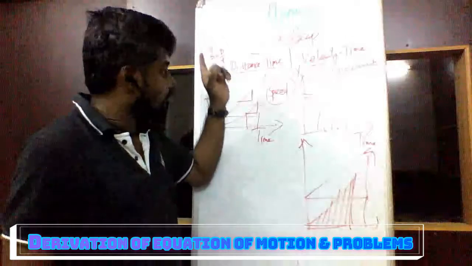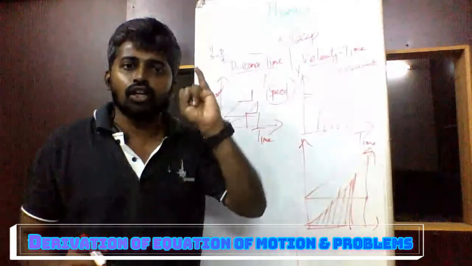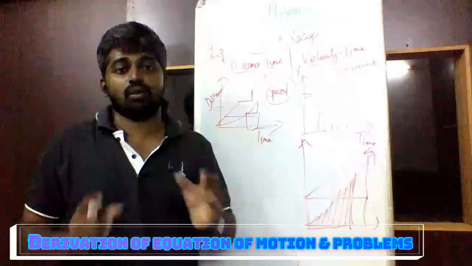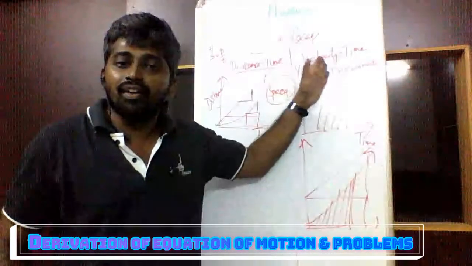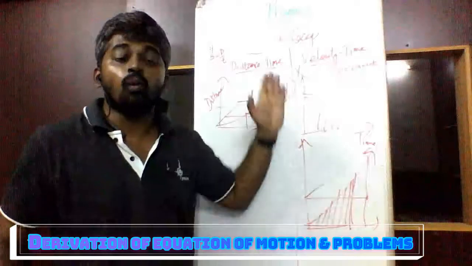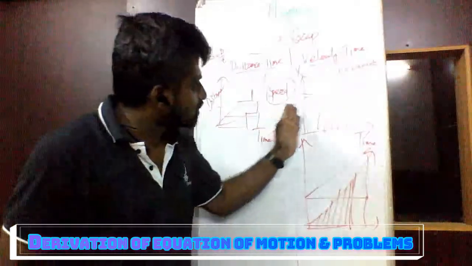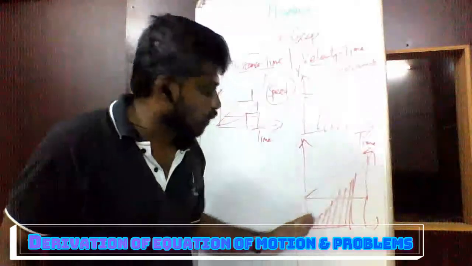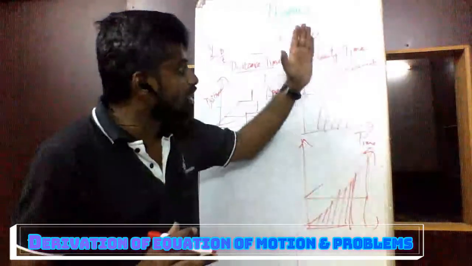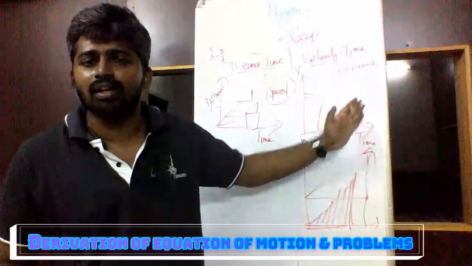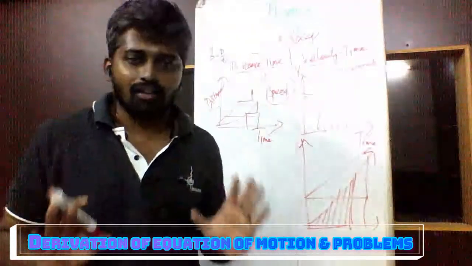Graphical representation, distance time graph, one part. In the distance time graph, uniform motion, non-uniform motion. What are we finding? We are finding speed. Next one, in the velocity time graph, what are we trying to find? Displacement. What are the two types? One is constant velocity, another one is uniformly accelerated motion. What are we finding? Displacement. How do we find the displacement? It is the area under the curve. Okay, done. We have done.